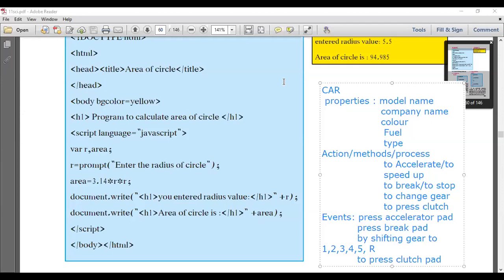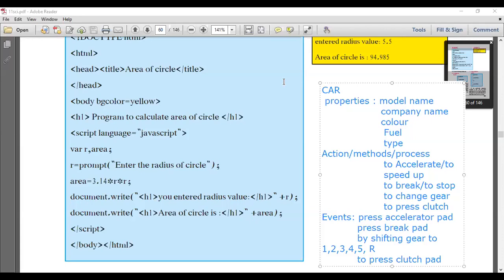So try to understand what an event is. Events mean such a thing which we have to do to carry out some action. To execute some action, we have to do something. When you do that thing, then that particular action takes place. So what we do, that is events. And what the car will do, that is the action of the car, and that you can say is a function of the car.